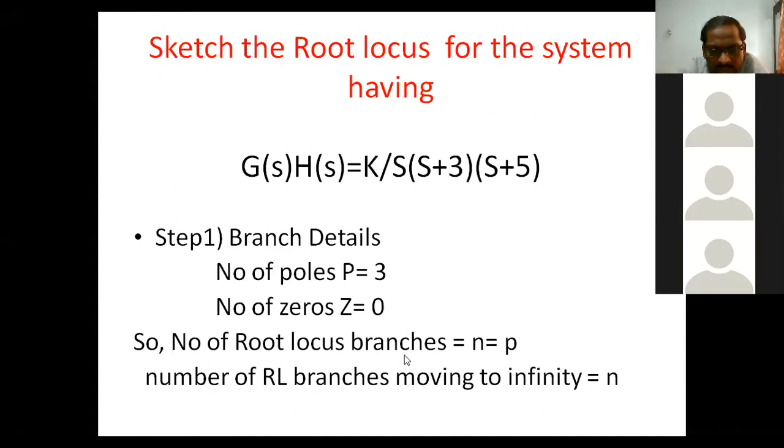The number of root locus branches is equal to the greater of the two, like P. Here P is 3, so the number of root locus branches will be 3. As we know, root locus will always start from open loop poles for K = 0, and it will approach towards available zeros for its termination for K = infinity. So as there are 3 open loop poles, there will be 3 root locus branches. As Z is 0, all 3 root locus branches which start from the available open loop poles will approach towards infinity for termination. Okay.